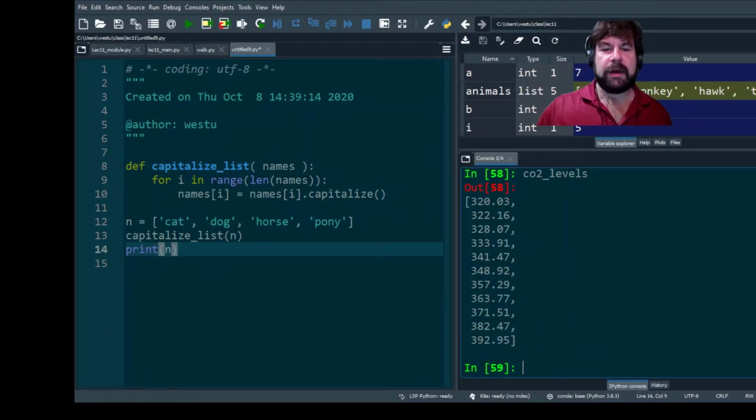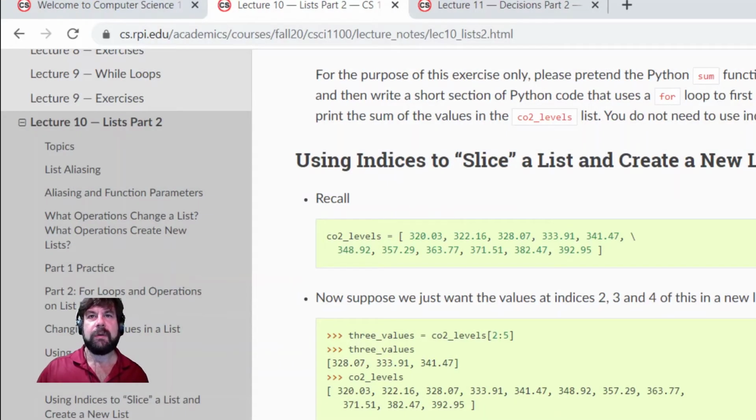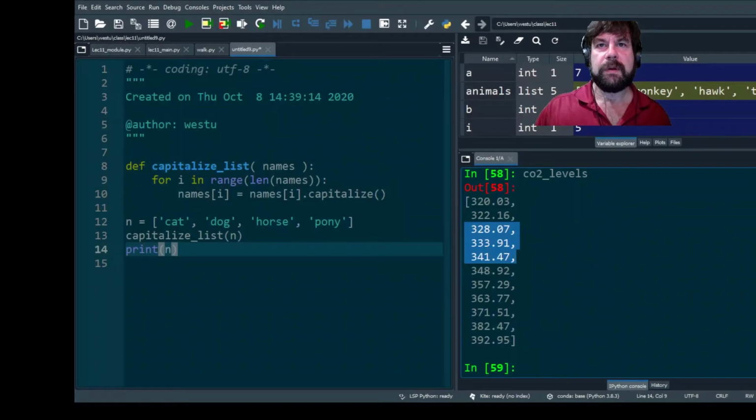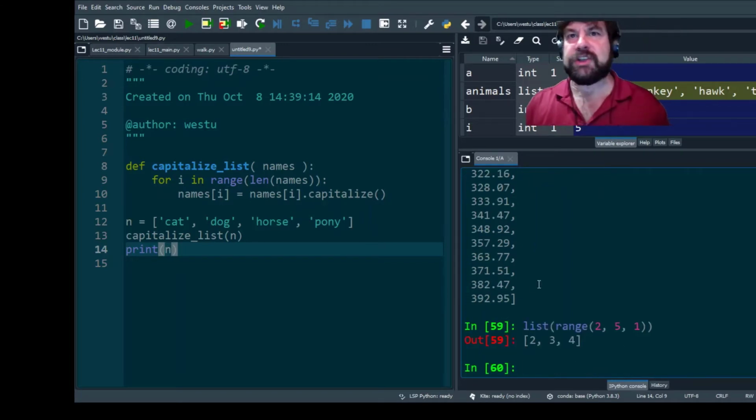Okay. So we have CO2 levels. And let's say we want to pull out just 3 values starting at, oh, I don't know, 2, through 5. 2, 3, 4, and skip 5. So we want to generate indices 2, 3, and 4. If we want to do that, we would use a range call, right? We could generate the indices themselves using a range call. List range started at 2, go up until 5, and we want a skip of 1. We want to generate every index in that range. And if we do that, we generate indices 2, 3, and 4. So we could generate a loop that would walk over those 3 values